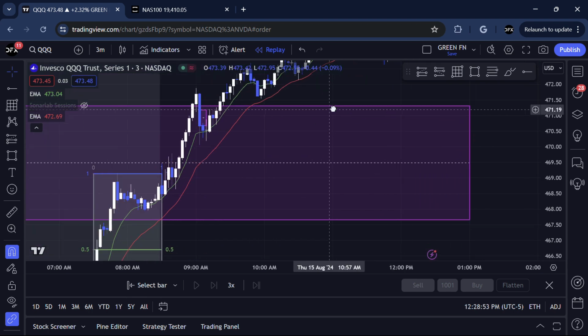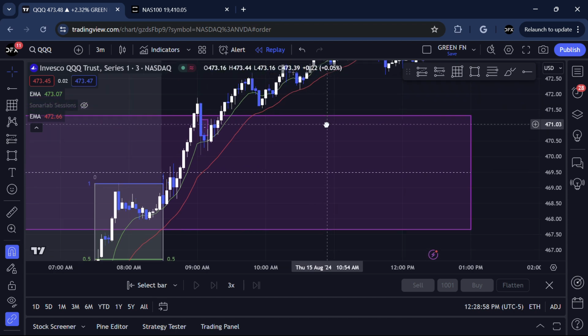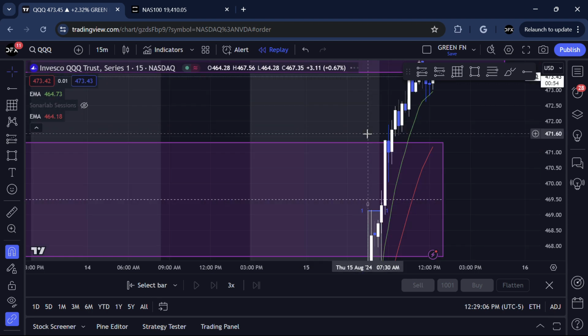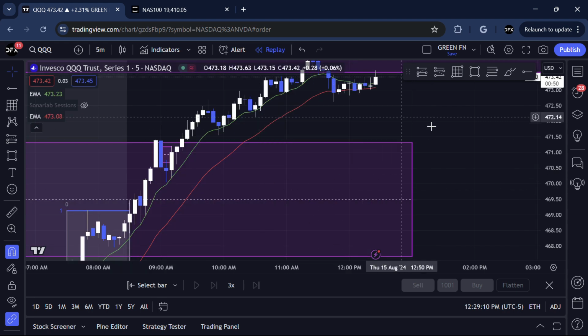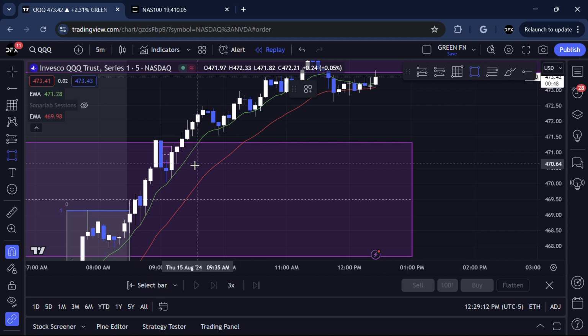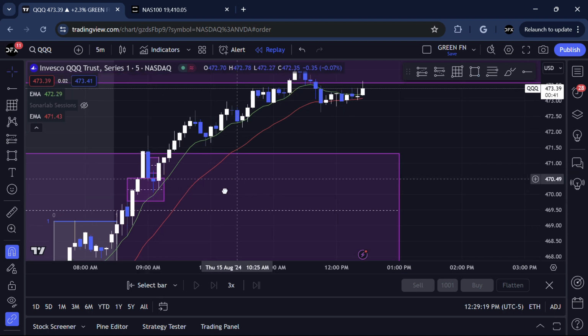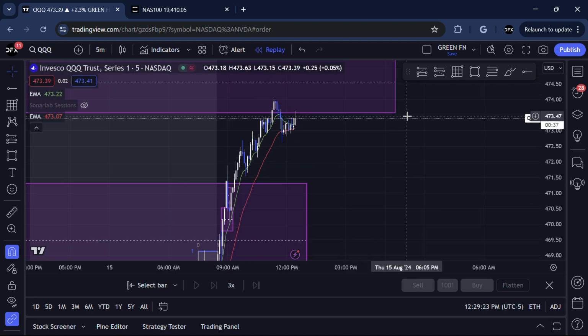There really isn't any confluence that will take me to the upside. I think that's just how the market wanted to be today. If we go on to the 15-minute time frame, or the 5-minute time frame maybe, obviously you can see right here we have all these imbalances. They're being filled, being respected, and then going to the upside. They're filling this other imbalance all the way up here.